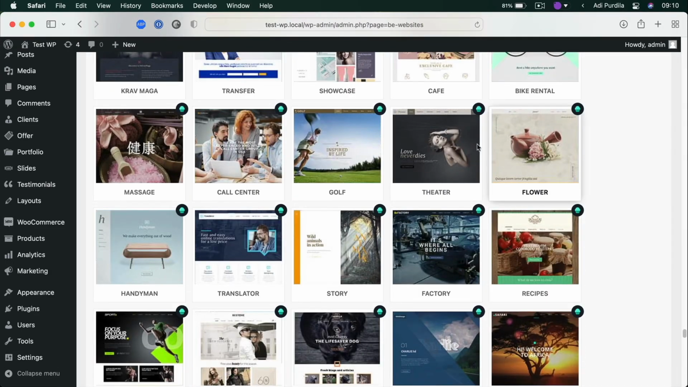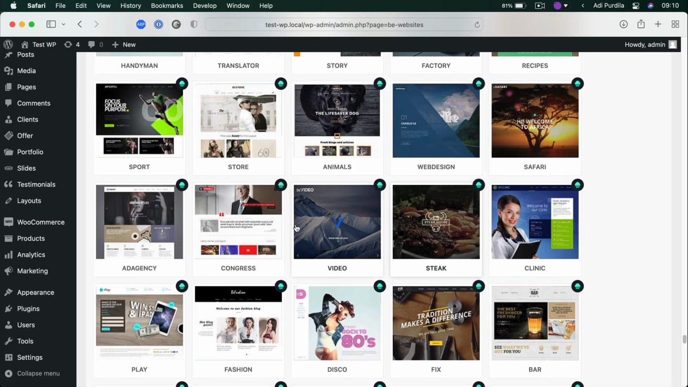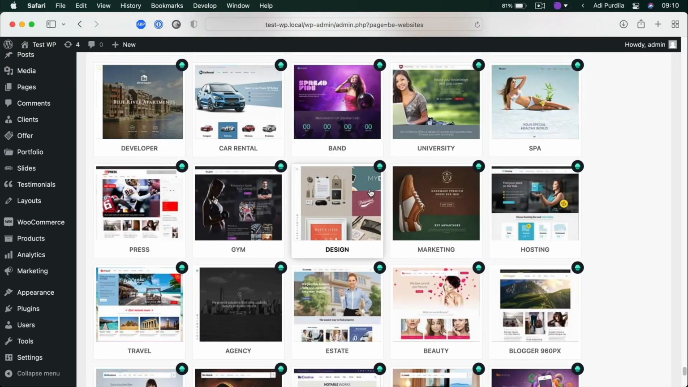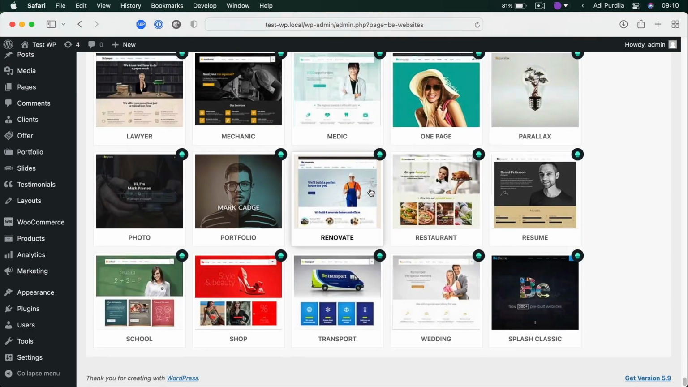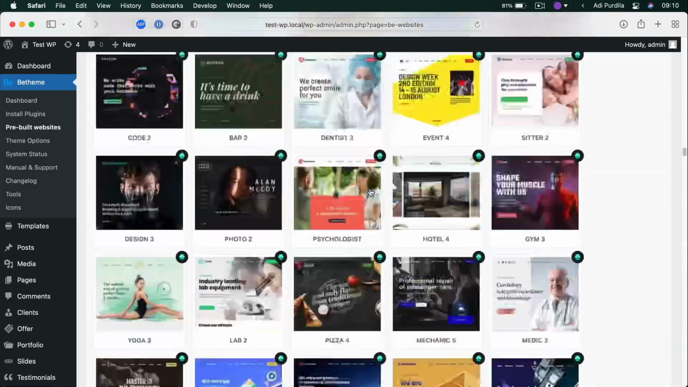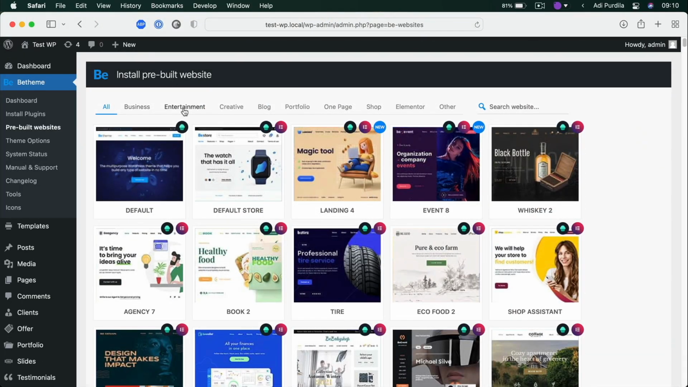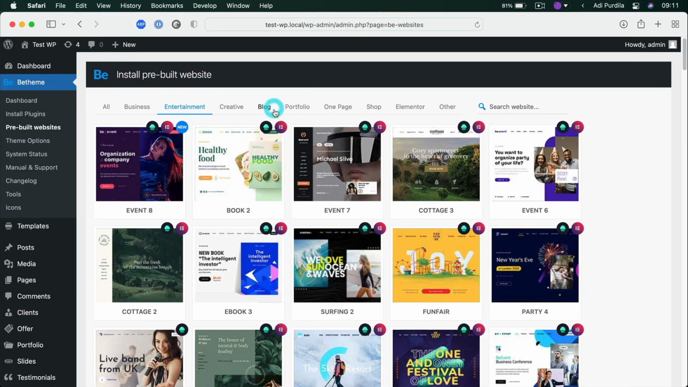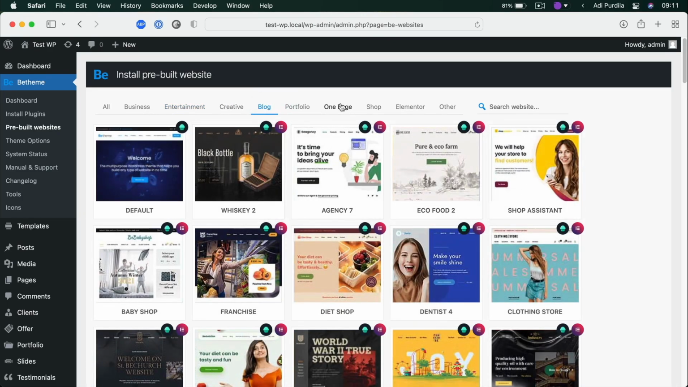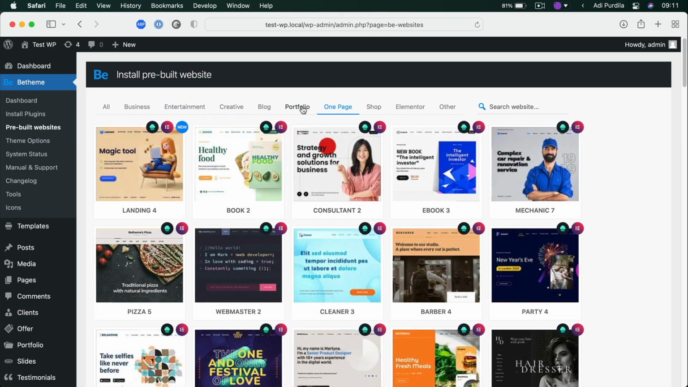There are a lot of them, by the way. Golf, call center, flower shop, theater, factory, and so on and so forth. They cover pretty much any trade or any type of website that you would want to create. There are also some filters up here, and you can click them to filter the items here based on that